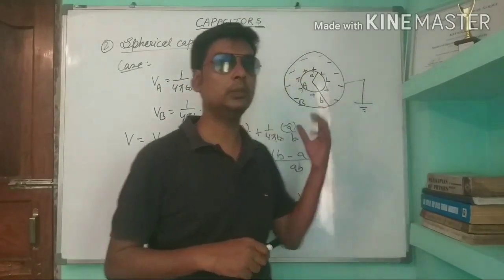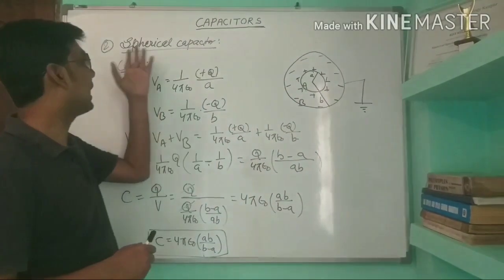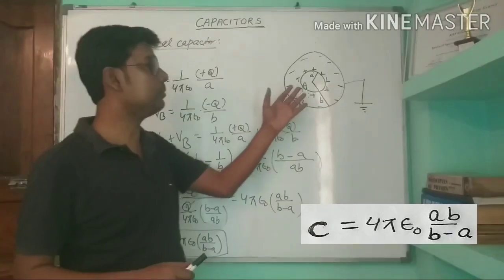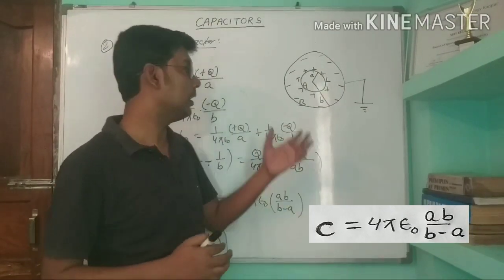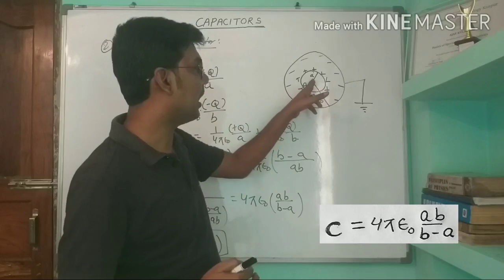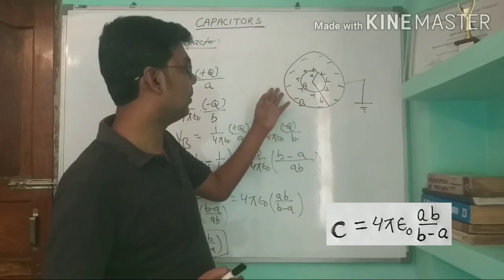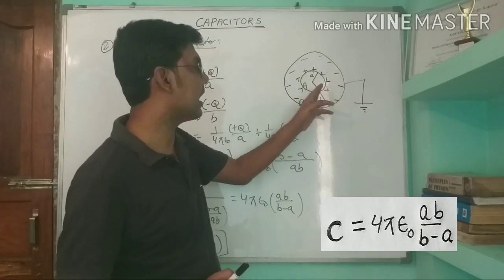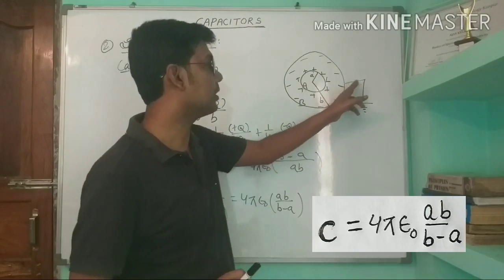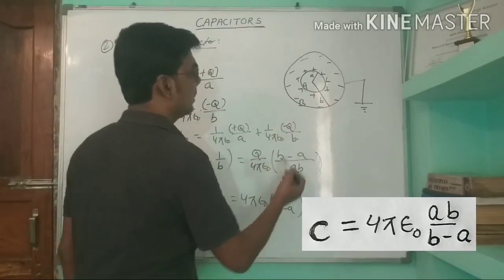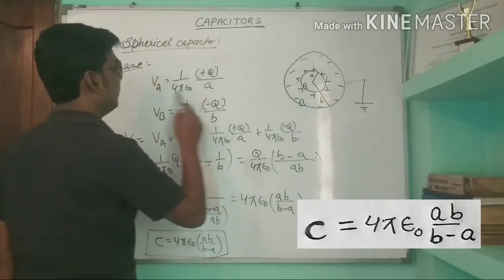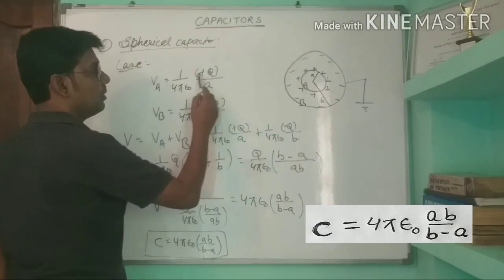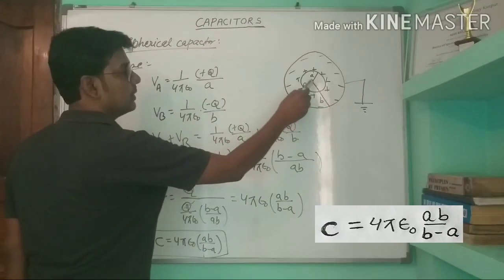Now we will continue. We were talking about the capacitor, the spherical capacitor. A spherical capacitor is composed of two spheres which are conductors and both are concentric. In the first case we studied that the outer sphere was negatively charged and the inner sphere was positively charged, so the outer sphere was grounded. In that case the potential due to the inner sphere VA was calculated as 1 by 4 pi epsilon 0 and, since this is positively charged, plus q by A. A is the radius of this sphere.